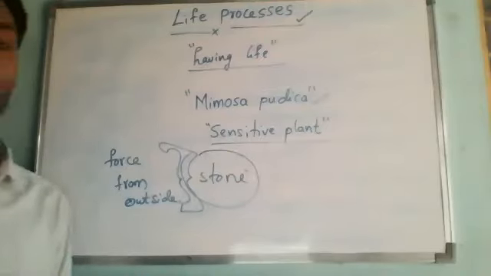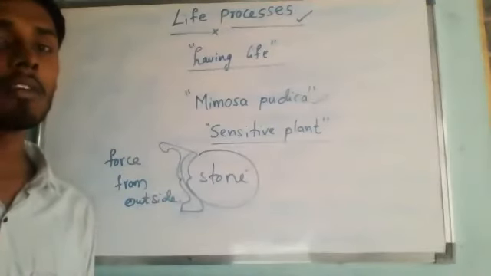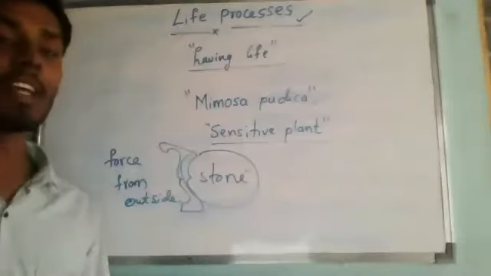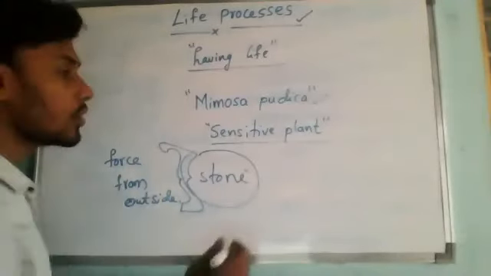Plants as well as animals are called living things. So whenever we discuss living things, it means one is plants and the second one is animals. If you observe, all these living things, including plants and animals, are made up of tiny living units,